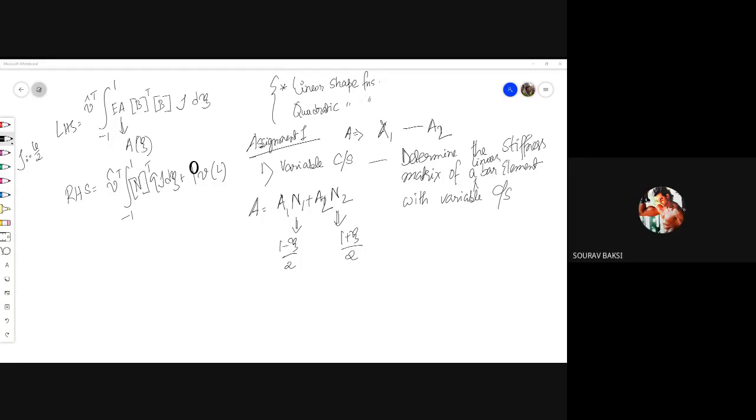No, sir. Okay, so is it what you had in mind when you were thinking about variable cross section, or for that matter, gradually changing Young's modulus? Yes, sir, I was talking about the stiffness matrix. That was all I was asking. Okay. Chances are you'd encounter problems like this.